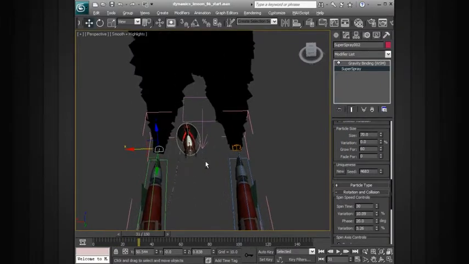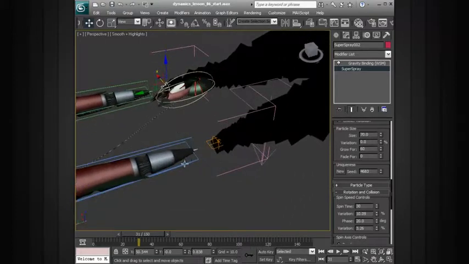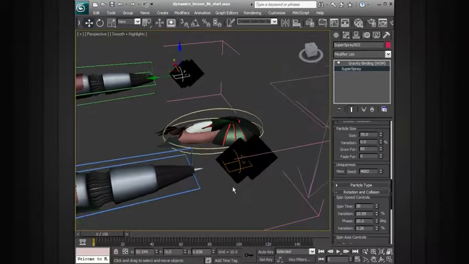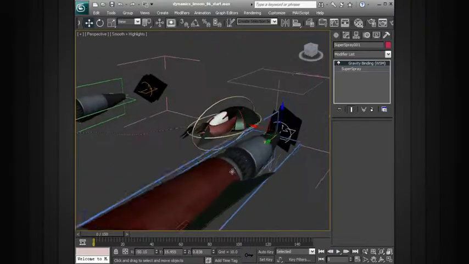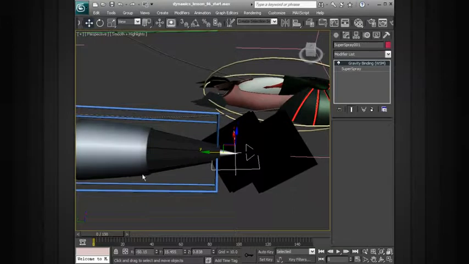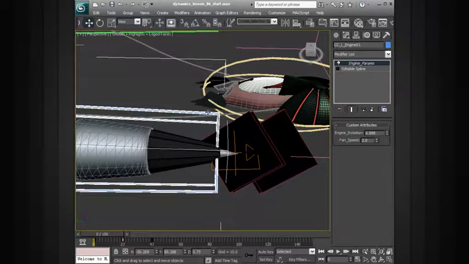Okay, now what we want to do is take these two different emitters and actually link these to the movement of our engines. So if we scroll back to the beginning of our animation, let's take this first emitter, pull this back until it aligns right with the engine. Okay, now in order to link these together, I want to actually be able to grab this portion of the engine that currently I'm not able to select. If I were to press the F4 key on my keyboard, you can see that I'm not able to select this portion,